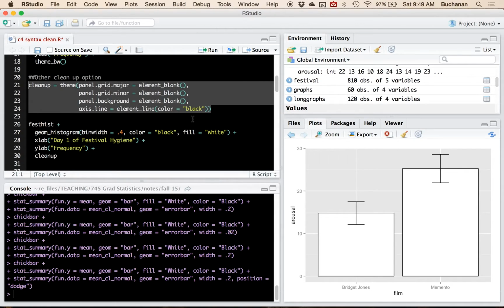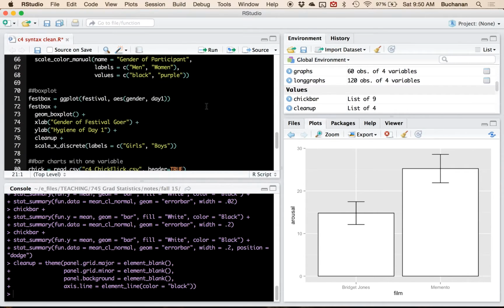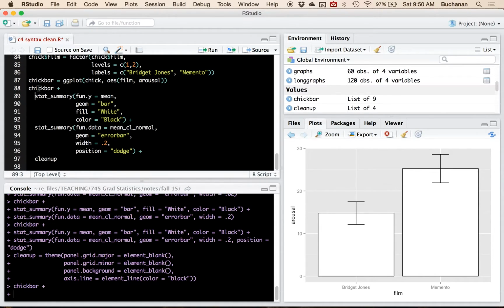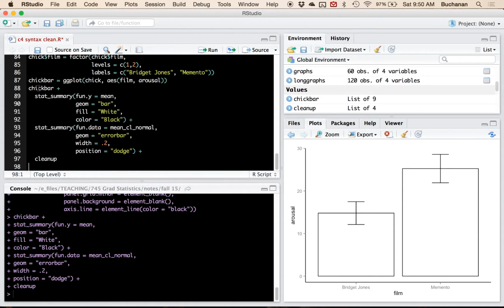And then I'm going to add an axis line. I found that by Googling how to turn off the ugly gray background in ggplot. Lovely tutorials online. And so I have all of that saved as a specific name. So I can then just use it down here without having to type the whole thing again. So let's do that. Now that graph is much cleaner. It's very pretty. This is more traditional of what we might publish in a journal,